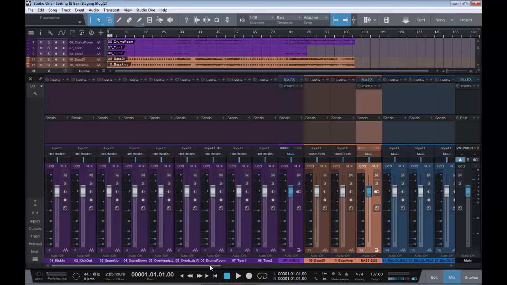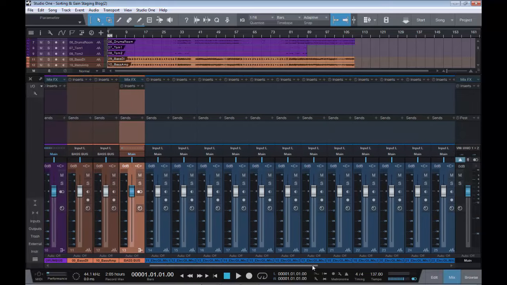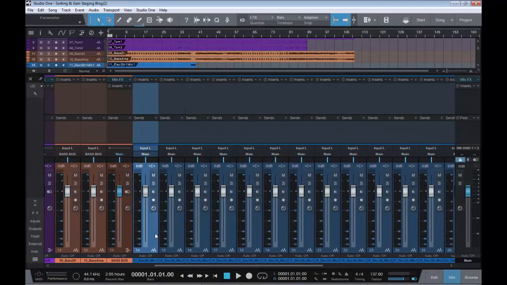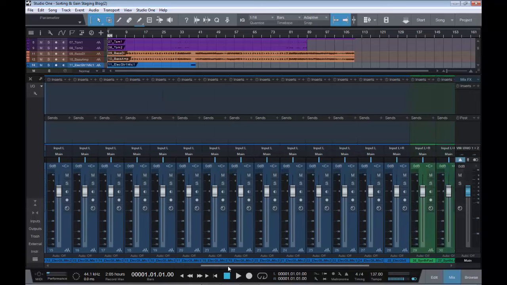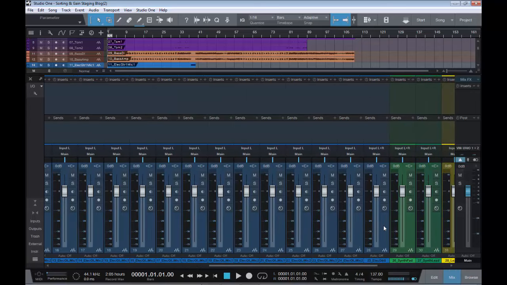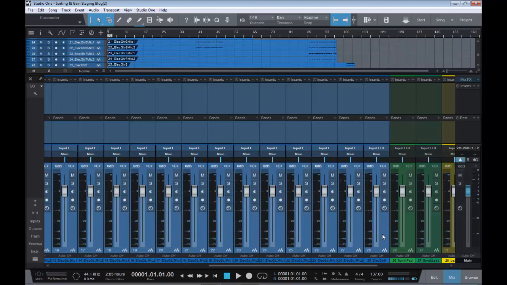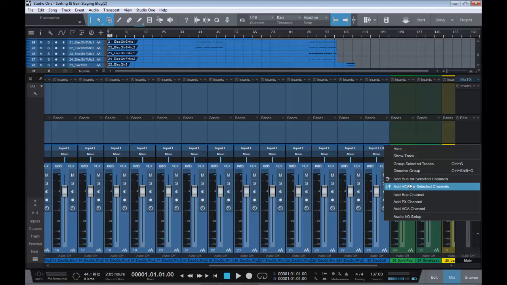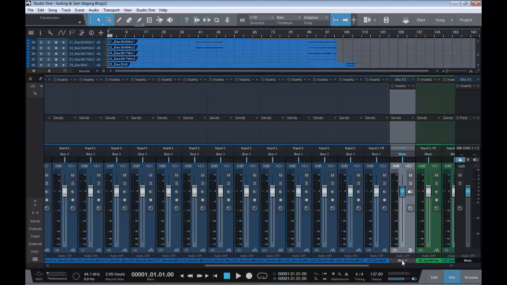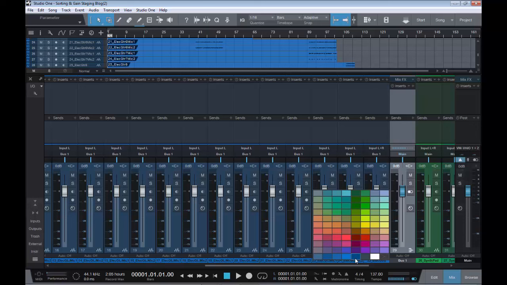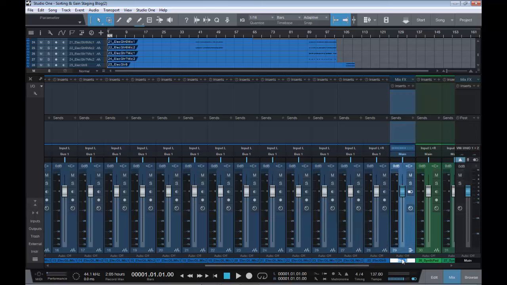Next up we have guitars. Loads and loads of guitars. Oh dear, this could be a challenge when it comes to mixing. I would imagine lots of those are just intros, maybe some solos, maybe some outros, and various parts in the mix. Right click again, a bus for selected channels, change that to a blue, call that guitar bus,